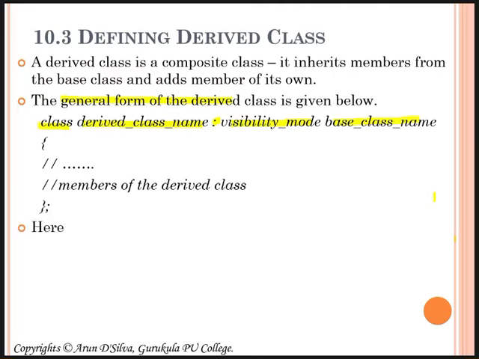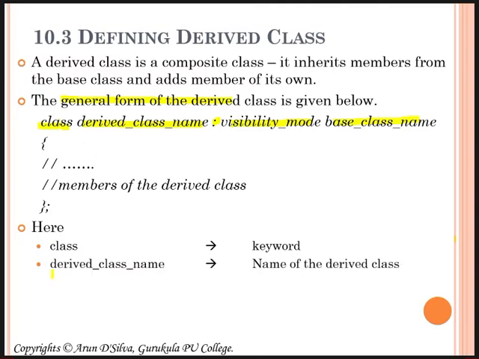Correct? Now here, class is of course a keyword, and the derived class name is the name of the derived class you are going to give. Then the colon shows from whom you are deriving, that is, you are establishing inheritance. Right? Whom you are deriving from shows the base class, meaning you have to specify from which base class.